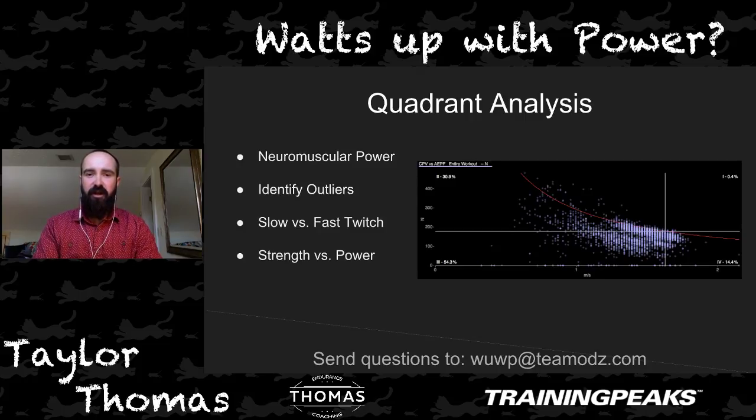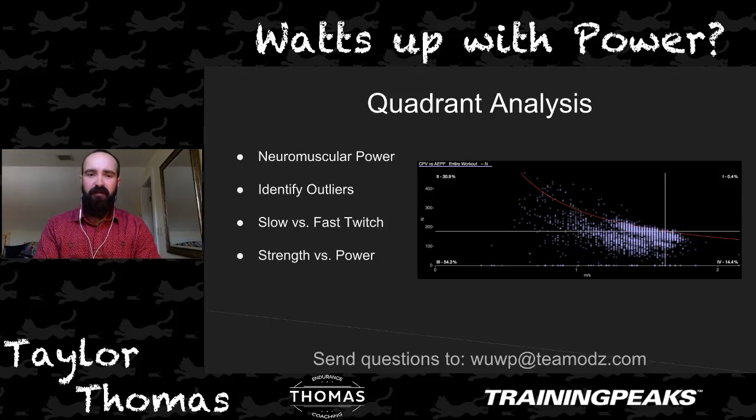Quadrant analysis is a chart that we can use that helps put a lot of those concepts in perspective. Very generally, the quadrant analysis chart plots pedal force and pedal velocity. It can get more complex than that, but similar to normalized power, it's not necessary to understand all the ins and outs and nuanced pieces of quadrant analysis. Just knowing that it puts pedal force and pedal velocity in relation to one another is really a great place